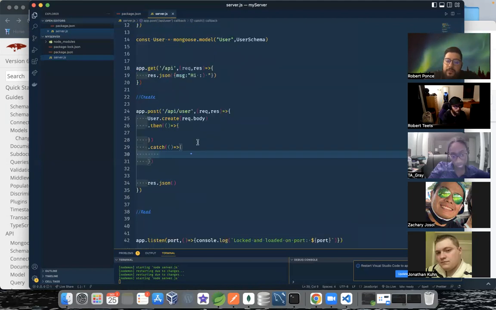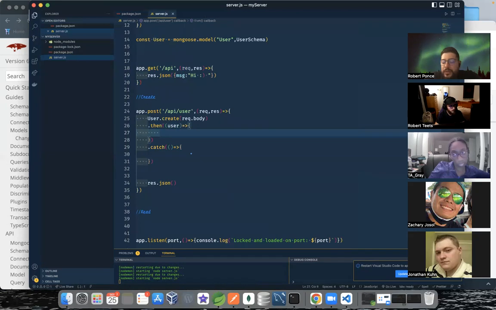What does this mean? Well, if the user creates a user and they have all the proper information that I am requiring, I will create a user. And since we created a user, we need our front end to know we just created a user. So my response is going to send them the user so that they know that it's been created. Catch, well, that means that we had an error, right? We need to respond